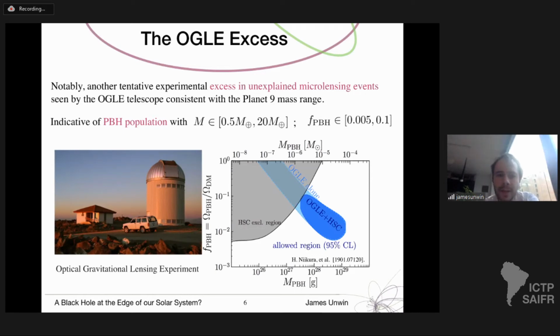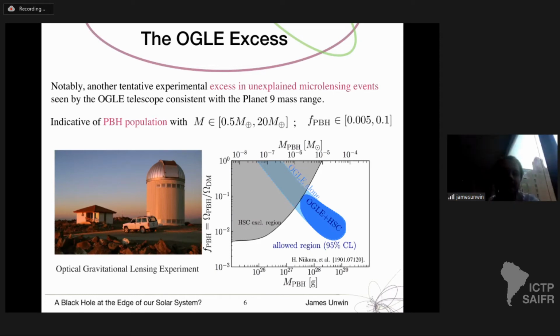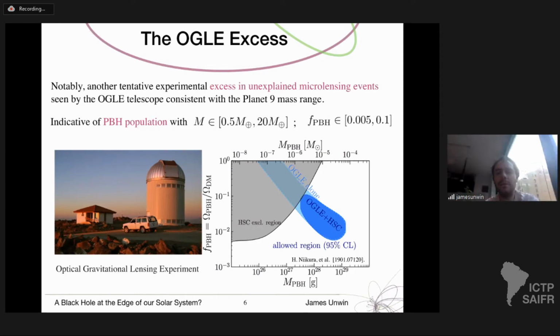So you can see that in this plot here on the right-hand side, specifically this blue region. Now, remarkably, this is exactly the right mass range to account for these gravitational anomalies in the outer solar system if one such primordial black hole got gravitationally captured. Recall that what we wanted was an object of about 5 to 10 Earth masses. So there's a very neat overlap between these two